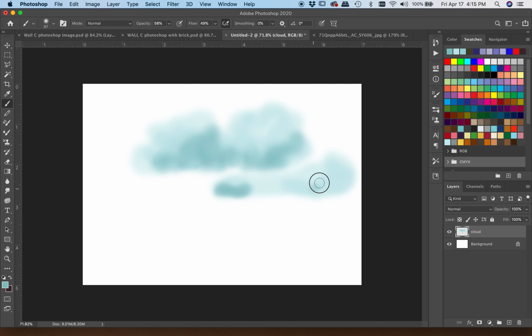Change your flow, change your opacity so you get a little bit less. And again, that's a little bit intense. Let's just soften it out a little bit. Take your time, get the shape the way you want.